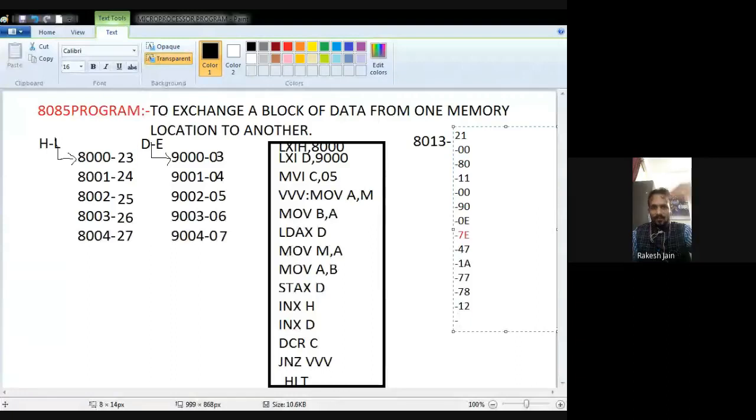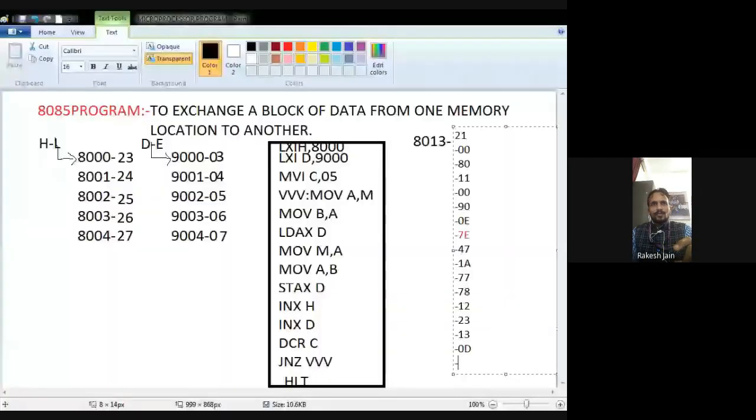Then INX H and INX D. For INX H the hex code will be 23. I searched from the opcode table, and INX D is 13.